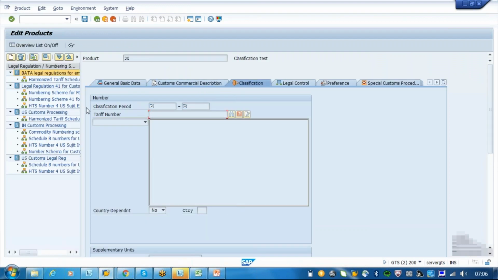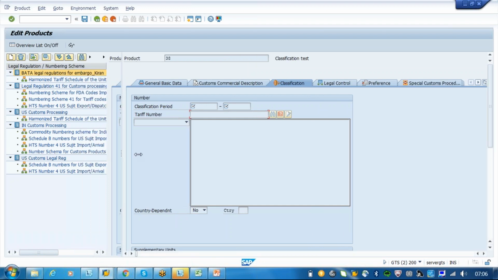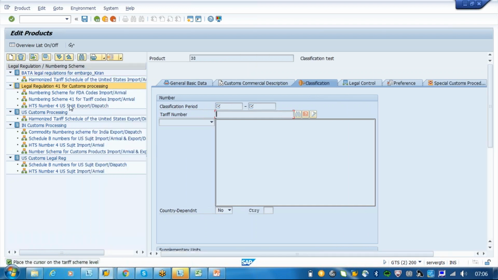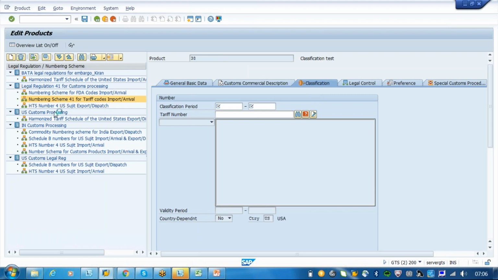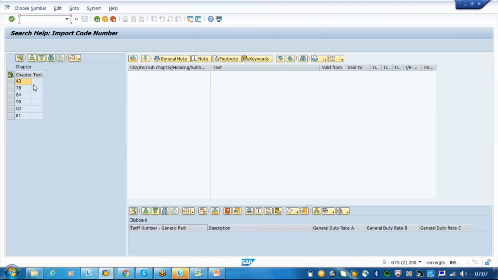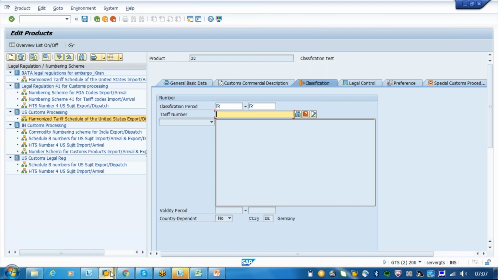So we have seen this number. Okay, so before this, I think we have to create the number.